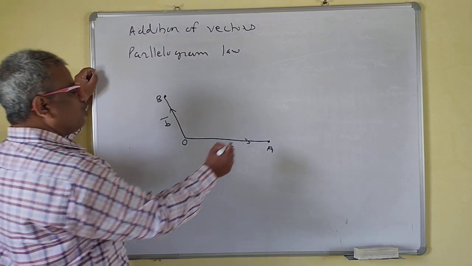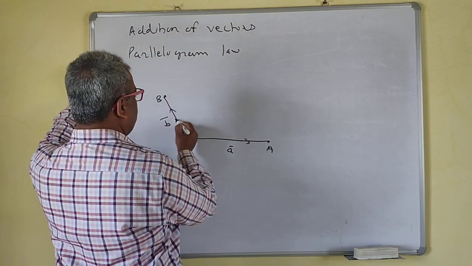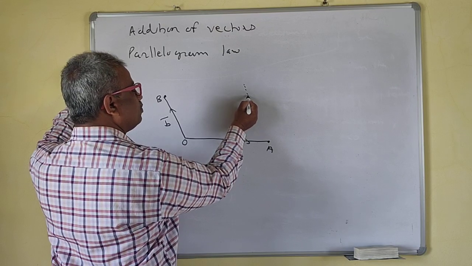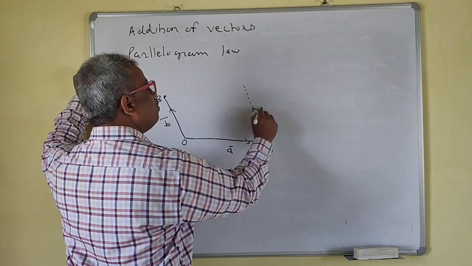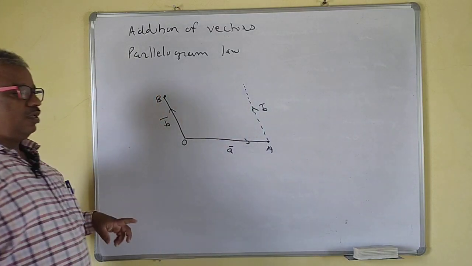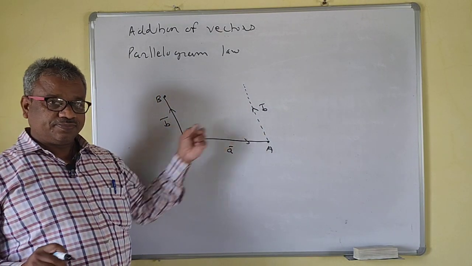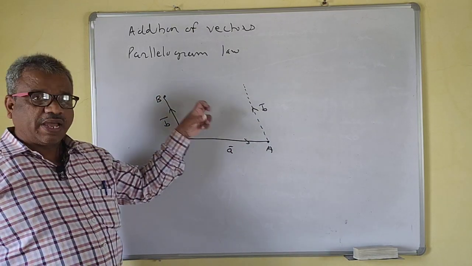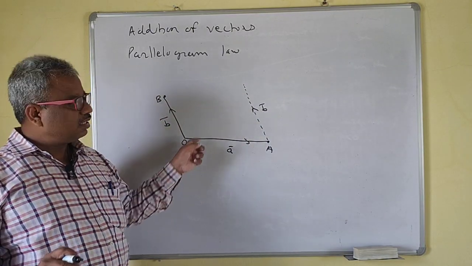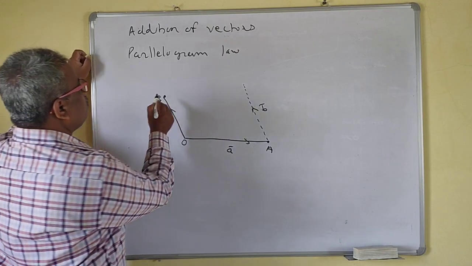So what we will do? We will draw this vector parallel to this. We will draw the vector parallel to this, right? So this is the direction. This will also be b bar now, right? So this is a free vector. We have shifted this vector here. We are not changing the magnitude. We are not changing the direction. That means this is a free vector. We also draw this.